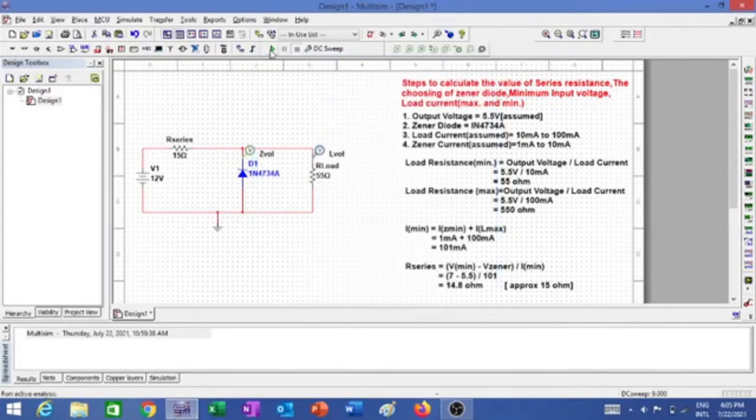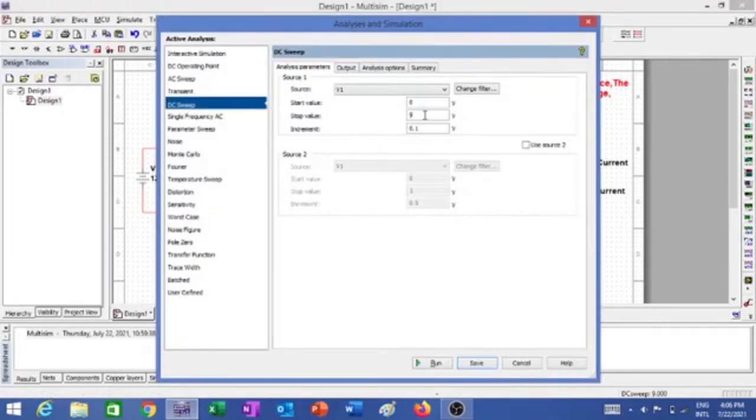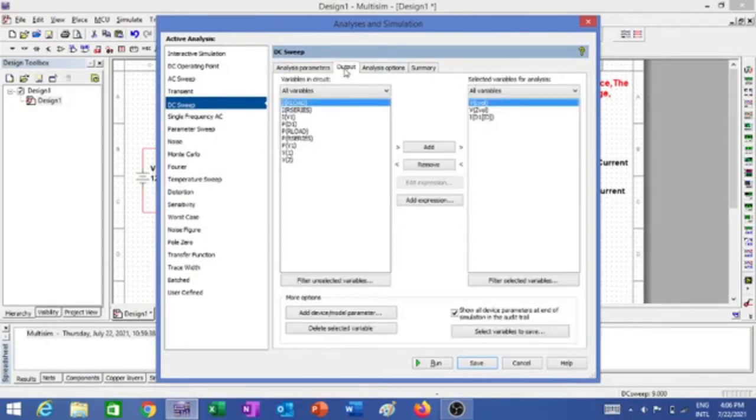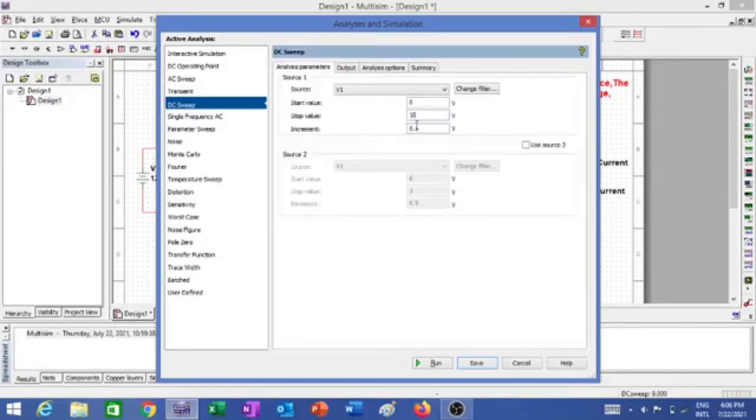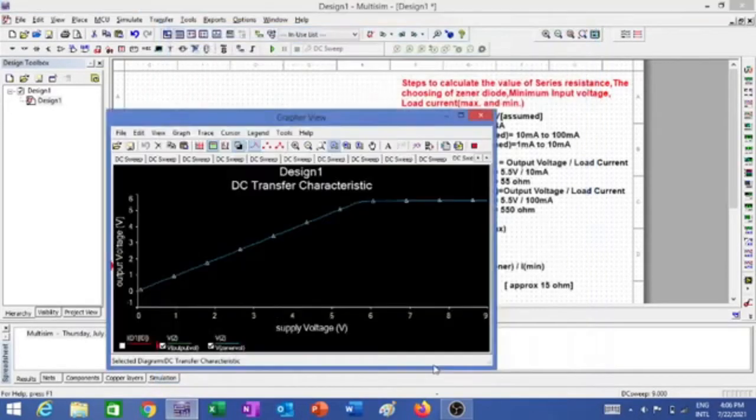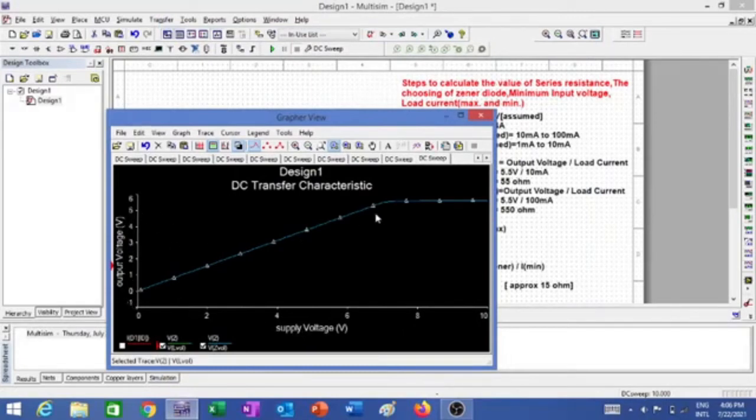Then I'm going for the DC sweep over here, and I'll be changing the value from, let's say, 0 to 10 volt. Output is fine, already chosen. So 0 to 10 volt, and the increment is 0.1. Let me run it. When I run it, you can see this is my supply voltage and this is my output voltage. You can see somewhere near 5.6